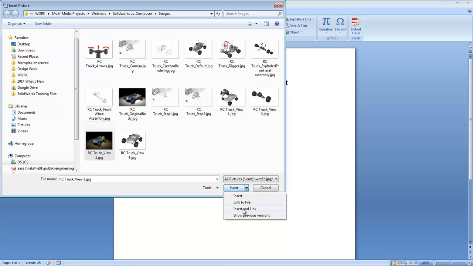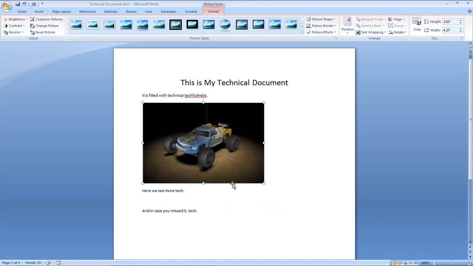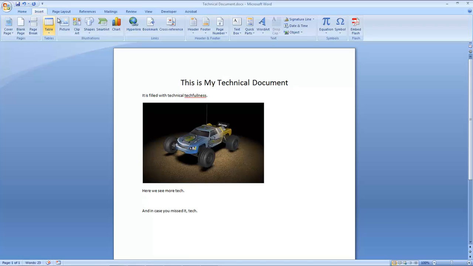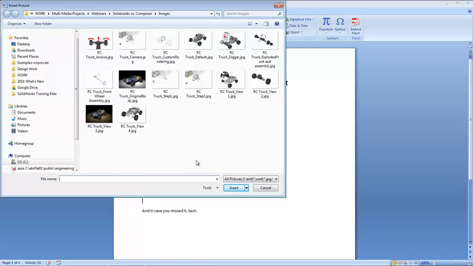Adobe products do this automatically, but with Word, we want to insert and link, and what that means is that it's going to bring the image into the document, but it's also looking back to where this image came from, so that if any changes are made to that JPEG file, then that will be reflected in the Word document. Now this is pretty powerful, especially given the way that Composer works, because if we create this